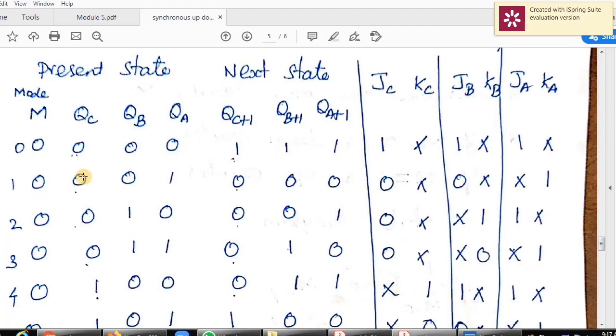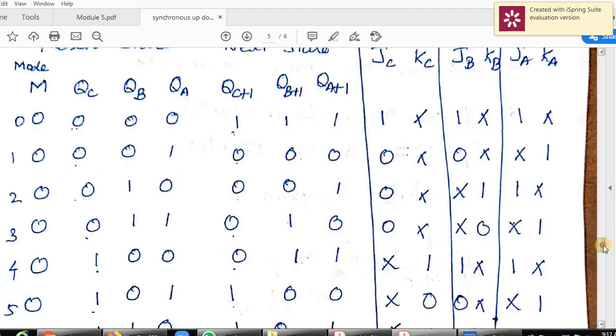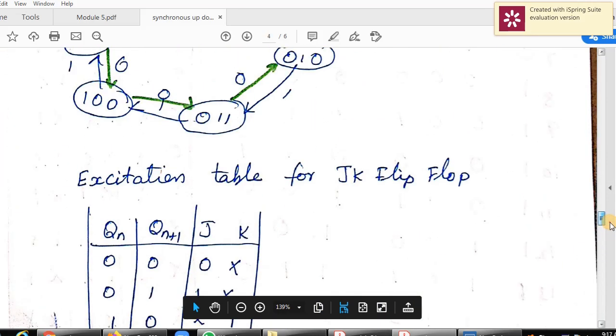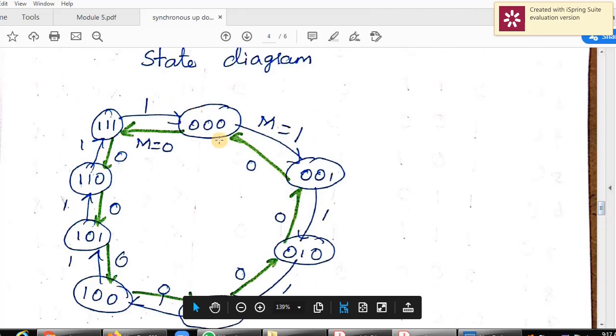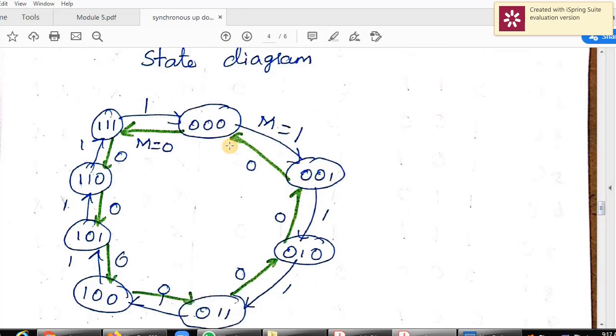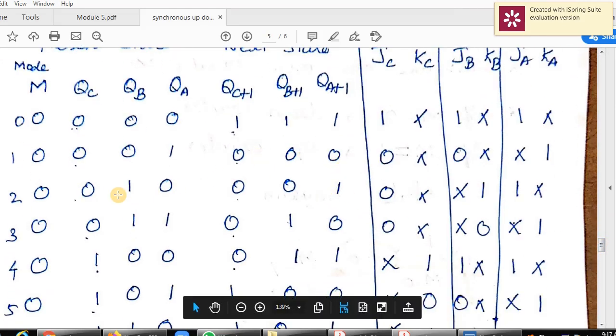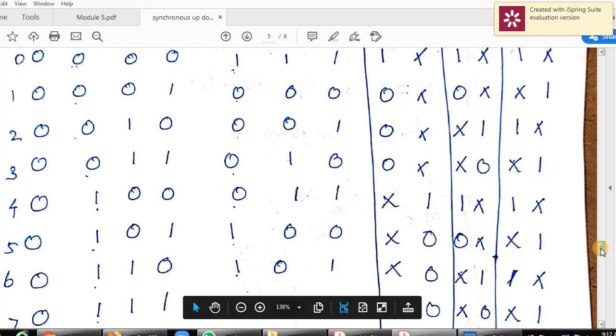Similarly for present state 0 0 1, m is 0, so it is a down counter. Up to 7 you have to use the down counter. For 0 0 1, see the down counter, it goes to 0 0 0. So write 0 0 0. Like that, up to 7 you have to write it.